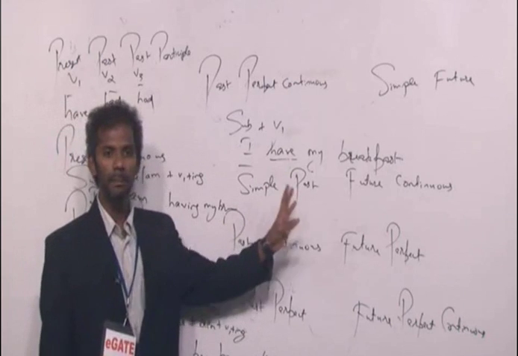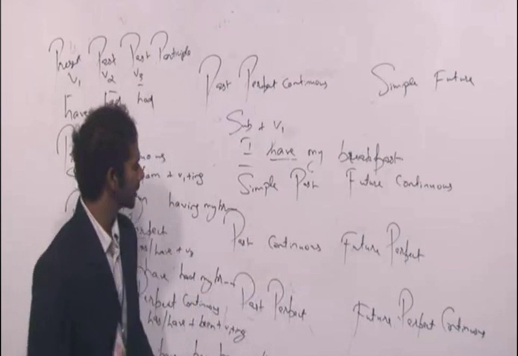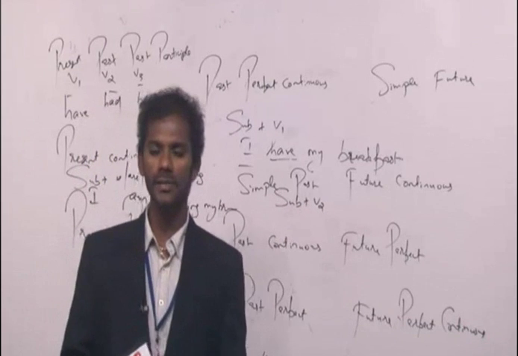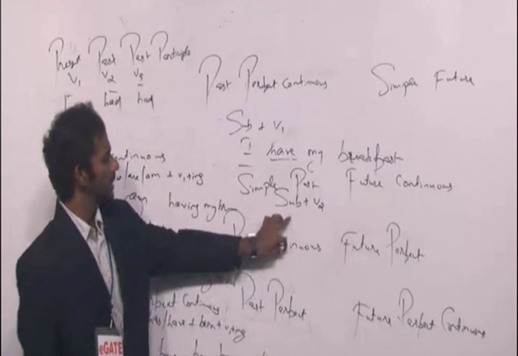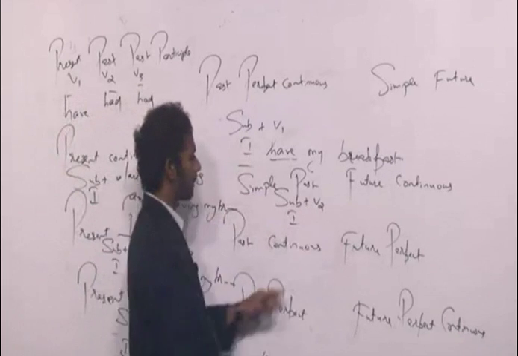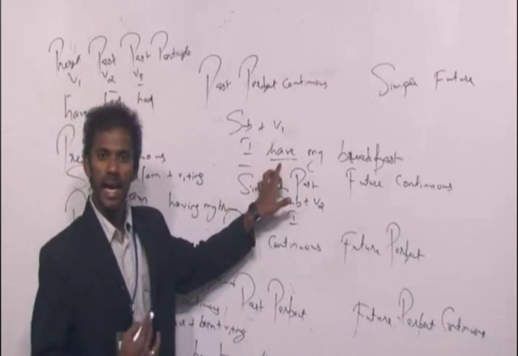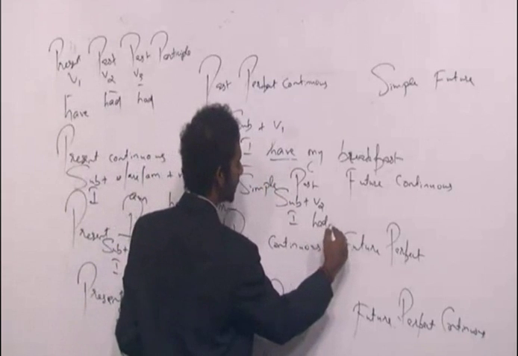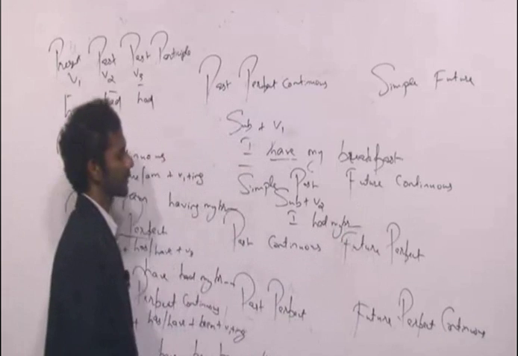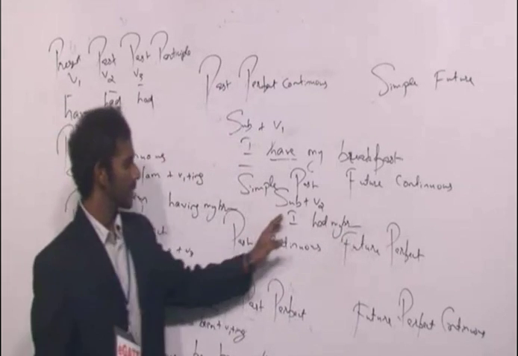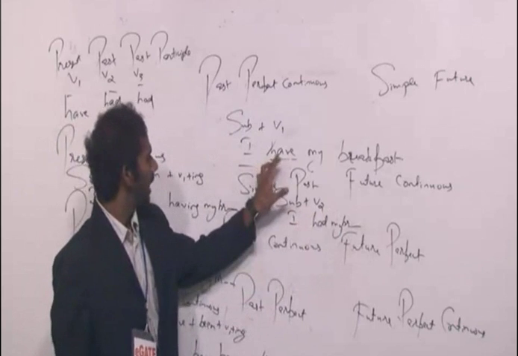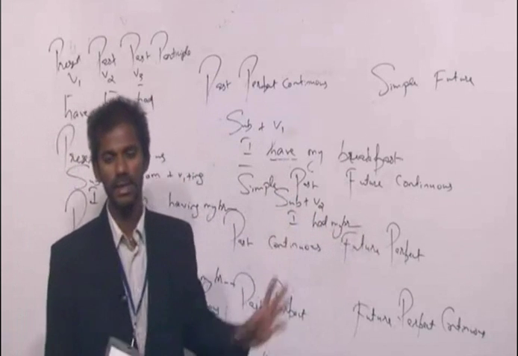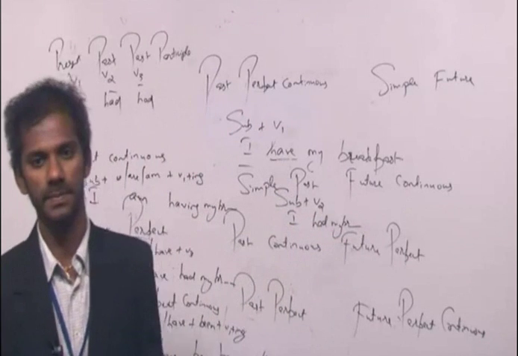Fine. Now come to past tense. First category, simple past. What is the rule of simple past tense? Simple past tense is subject plus V2. This is a structure of simple past tense. Clear? Subject here is I, plus V2. What is the verb here? Have is the verb here. What is the V2 of have? Had. So it should be I had my breakfast. Subject plus V2. I is the subject. Have is the verb, and the V2 of have is had. So it becomes I had my breakfast. So this is simple past tense.